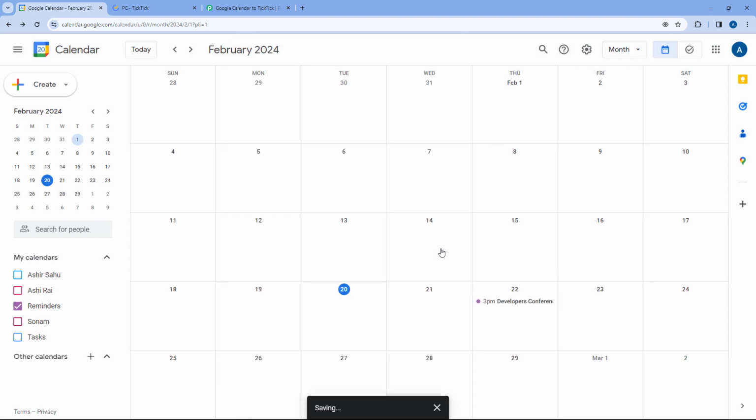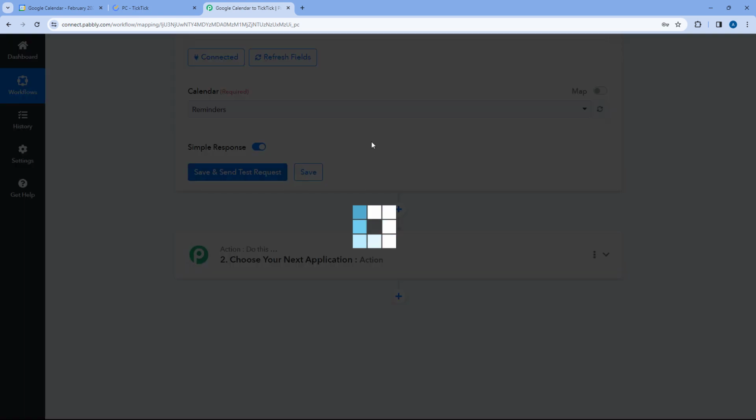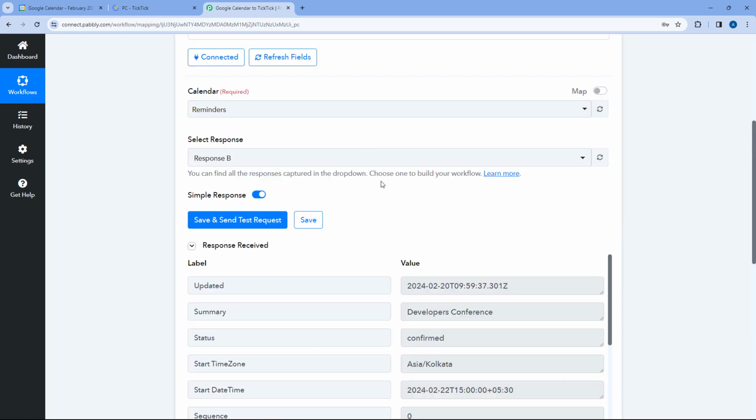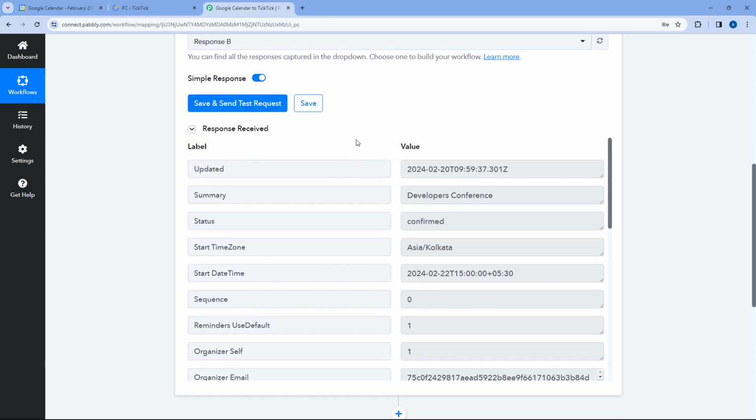And as we click on Save, you will see just now we have created an event in our Google Calendar. After creating this event, we will get back to Pabbly Connect and click on this Save and Send Test Request button. And when we click on Save and Send Test Request, here you can see we have received some response. And in this response, you will see all the details of the same event which we have created just now